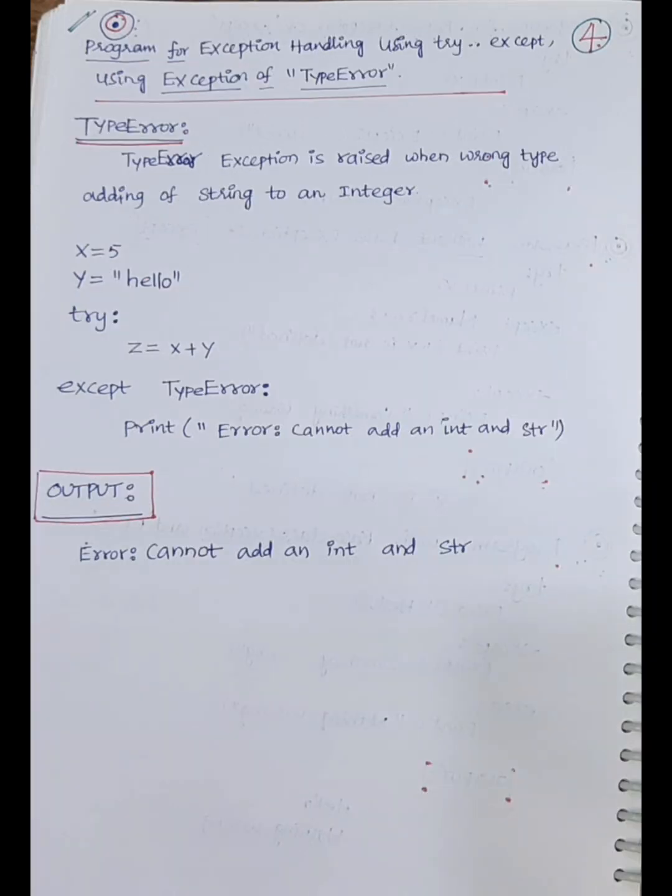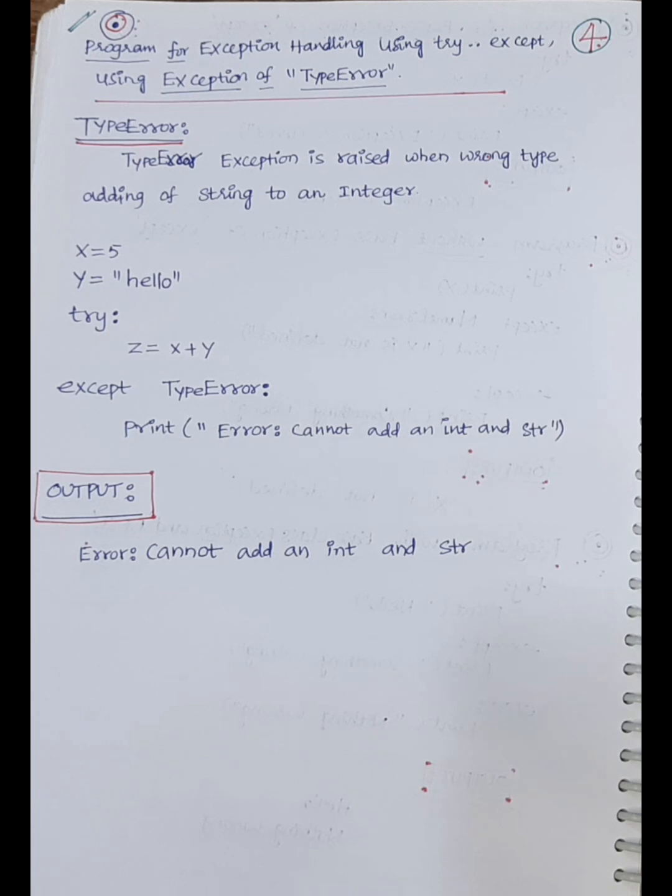One more program for exception handling using try and except. These two are keywords, these two are reserved words, try and except. We use these two in the exception handling concept in Python. Actually here using exception of type TypeError. We have various types of built-in exceptions. Among that we are now using TypeError. Why do we use TypeError? If we want to add two different types, it's not possible. To overcome that problem, to not stop the execution of a program, we use